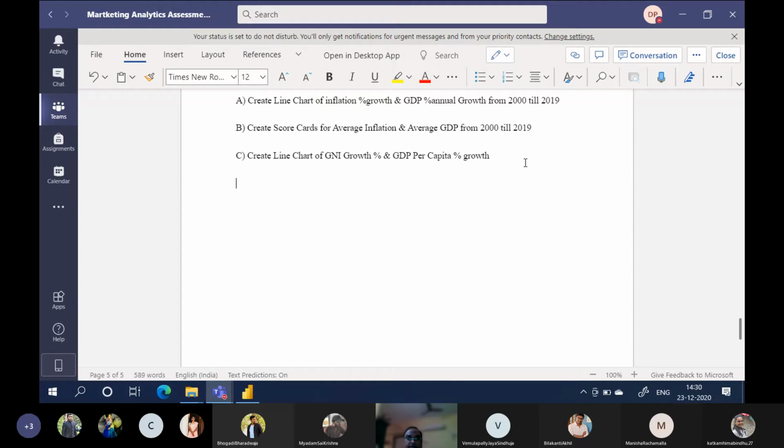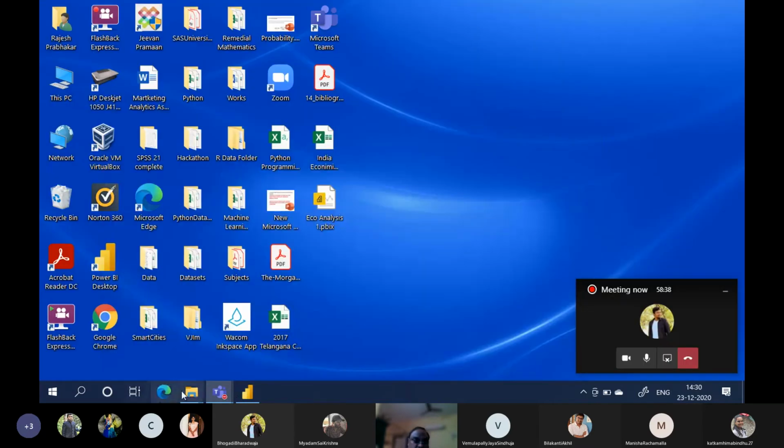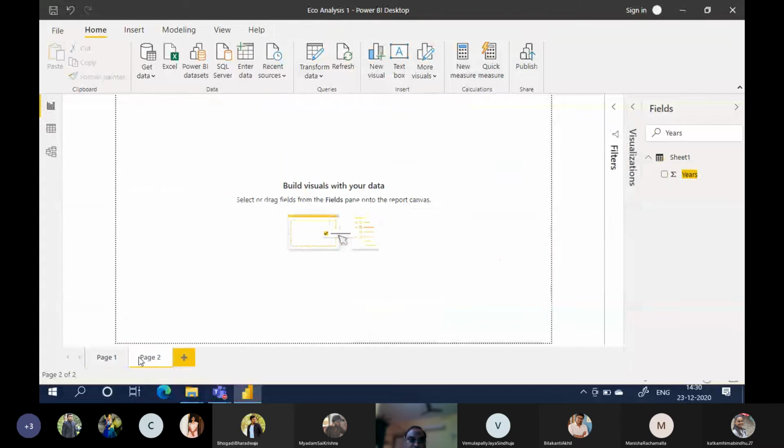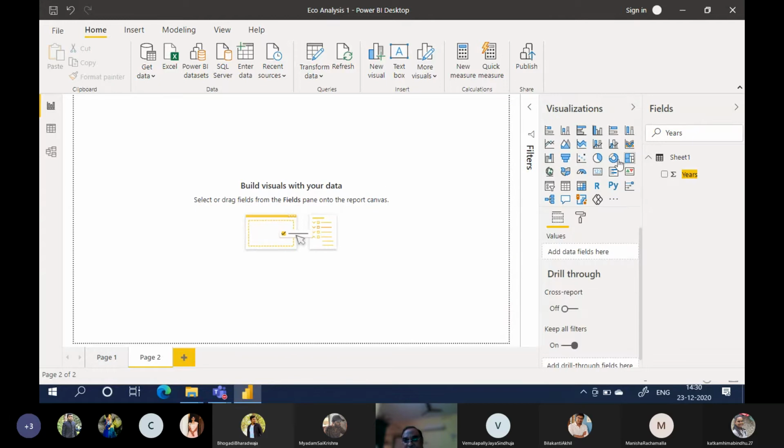Okay. Then we will do other visualizations. Okay. This is one. Now we will add a page. Page 2. Now we will try different visualizations.